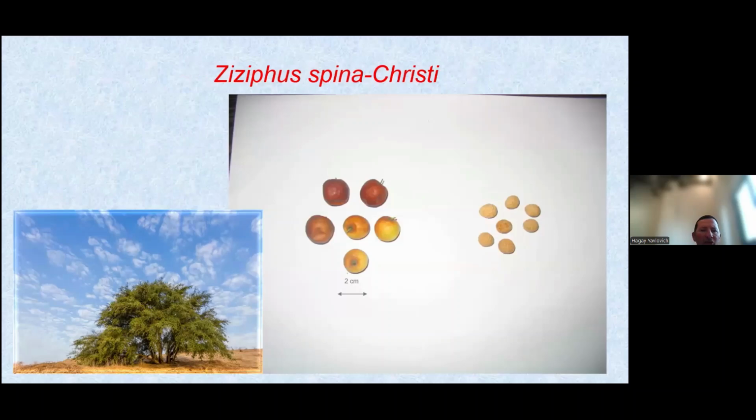those fruits and seeds. This is the tree, a very drought resistant tree here in Israel. It has small apples, and when we clean it, we can see the seeds. It's not actually the seeds. We should break it, and then inside, in each one of these balls, there are two seeds. But we must keep it in the refrigerator room in this way, because if we break it, we must bring it to the nursery and try it on the same day.